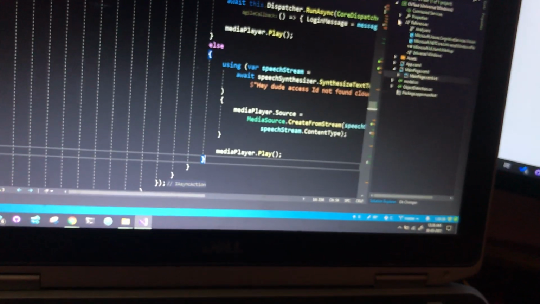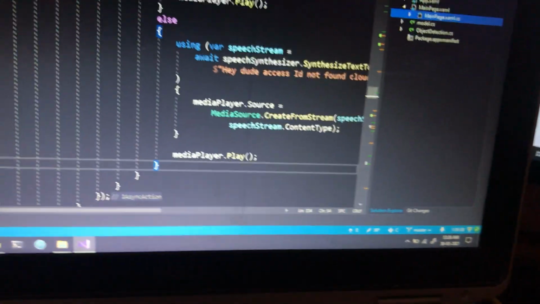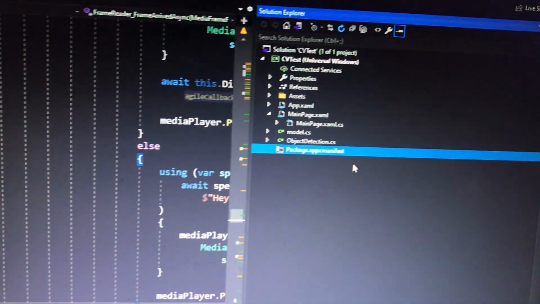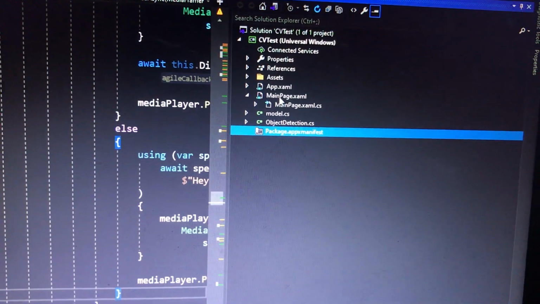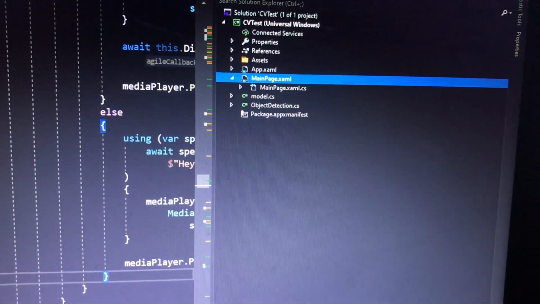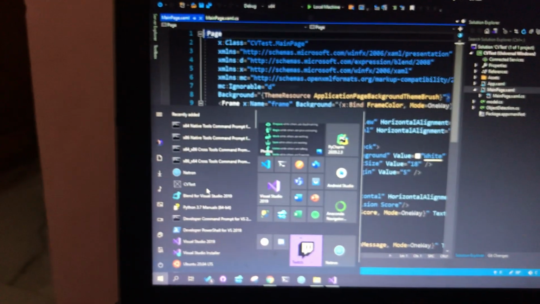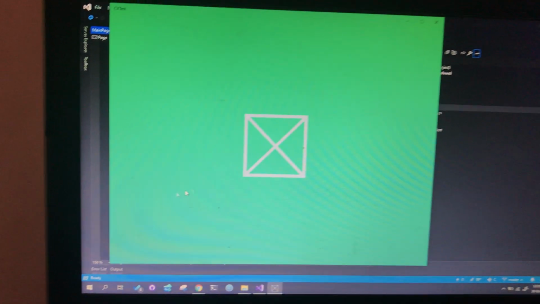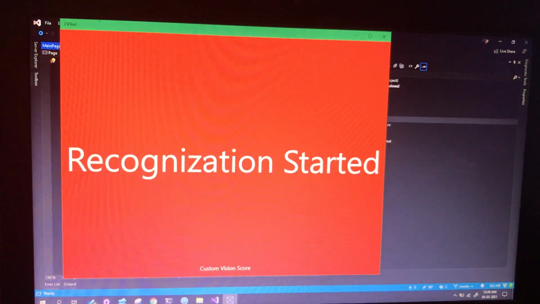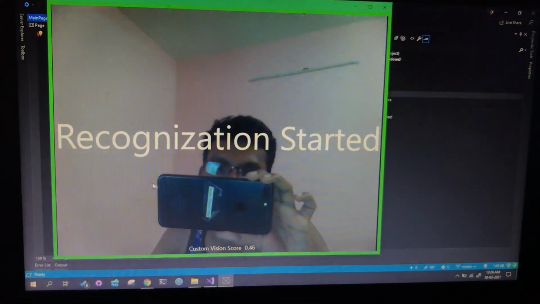Yeah, here I have shown the project structure to you. See, this is another UI that I have shown here. See the recognition started text. The computer vision score is now 40, 41, 42, 43. Based on that,